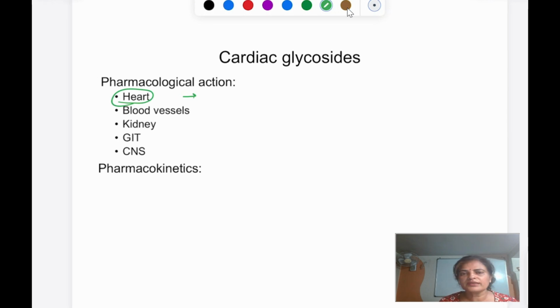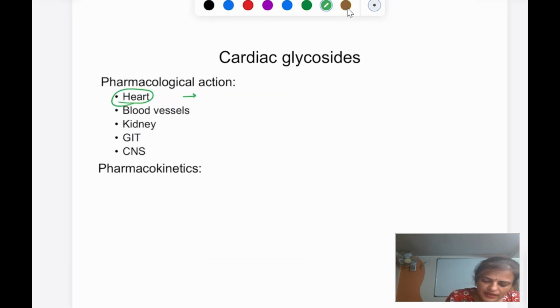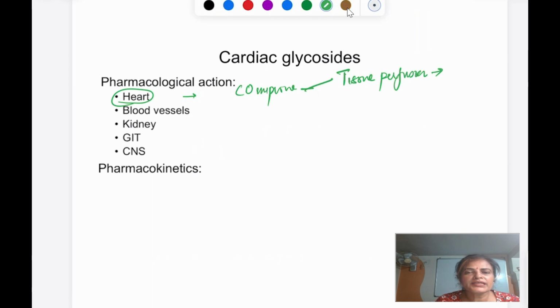So it is going to increase the contractility. By increasing the contractility, it is going to improve the cardiac output. Once the cardiac output is improved, if your cardiac output improves, then what will happen? The tissue perfusion will improve with this. What happens? The tissue perfusion will improve, and with that, the patient's tiredness and dyspnea will be